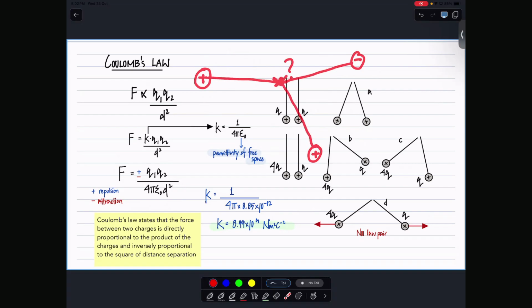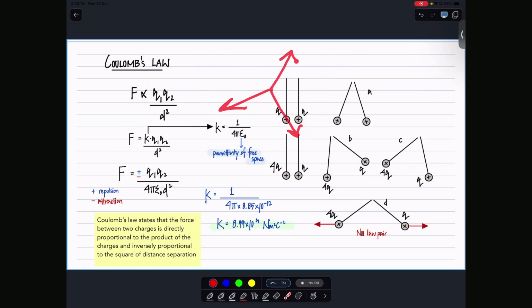And because it's a vector, what do I do? I combine them, and you might have to use a vector diagram, with triangles and everything. So maybe this vector is this way, that vector is that way, and that vector is that way. You need to create a diagram and figure out the result there. Okay, so that is what we'll be doing next, the electric field strength and the potential.